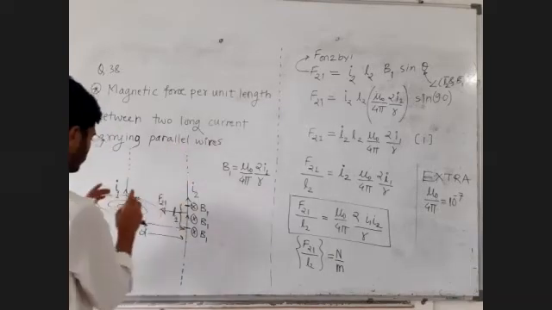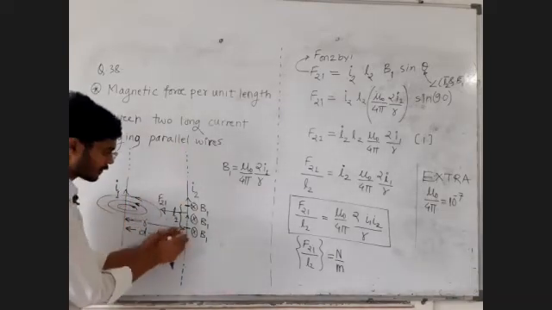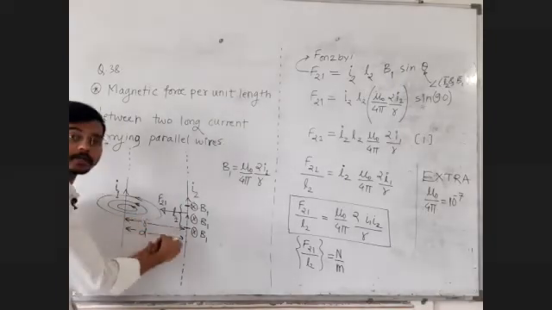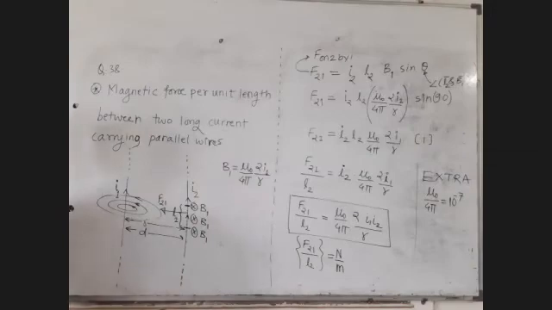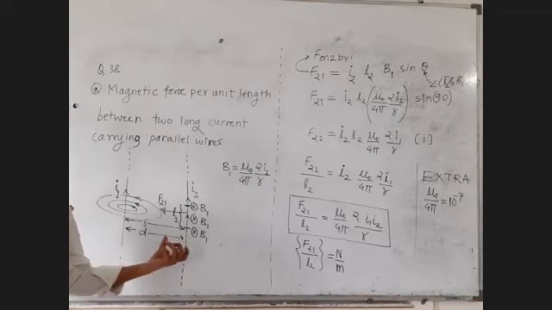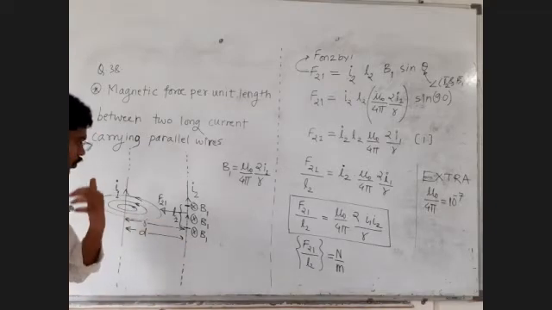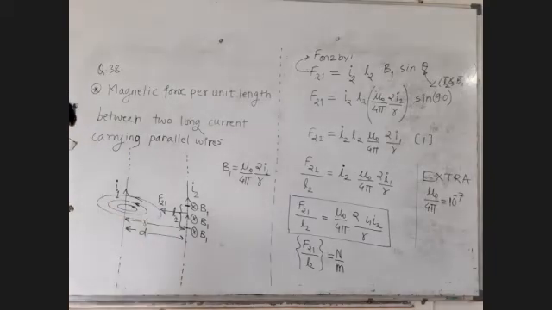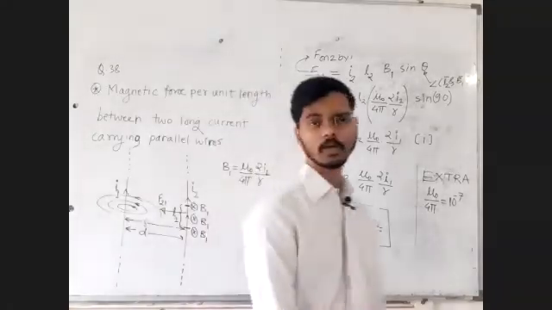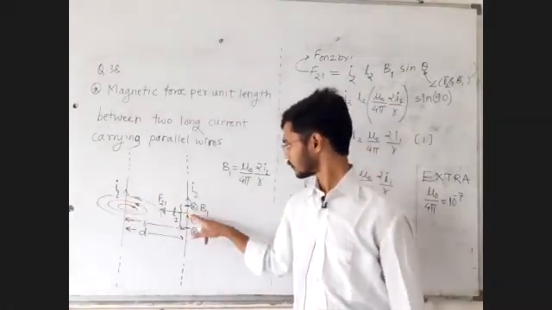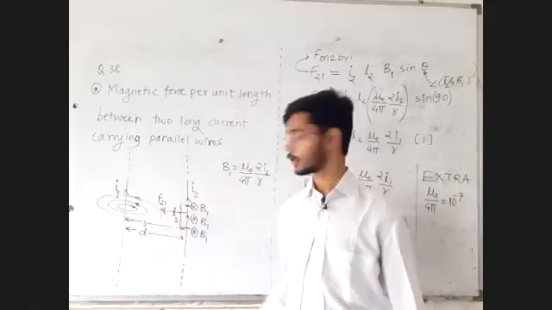If they are like currents, what does the first wire say to the second wire? Attract. The second wire will also say to the first wire, attract. Yes, no? First wire is saying attract. What should the second wire say? Second wire will also say attract. Do you want to verify whether the second wire says attract or repel? Let's verify that. First wire is saying come towards me.